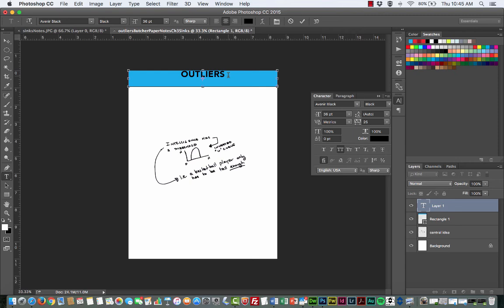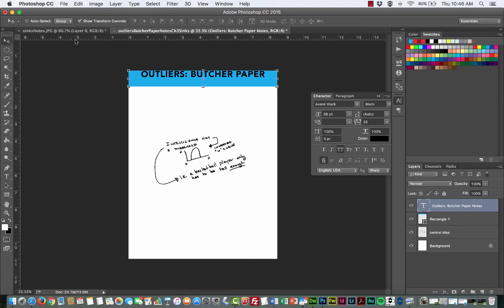So I'm going to type in Outliers, and then I'm going to type in Butcher. Oops, can't spell today. B-U-T, there we go. Butcher Paper Notes. That's not working out for me. It's going to be too big, so I'm going to select my move tool, have that layer selected still. Change that to 30 point. And maybe it's the capitalization that's throwing me off. That's probably what it is. Okay. So I'm going to take my text tool, Butcher Paper Notes,